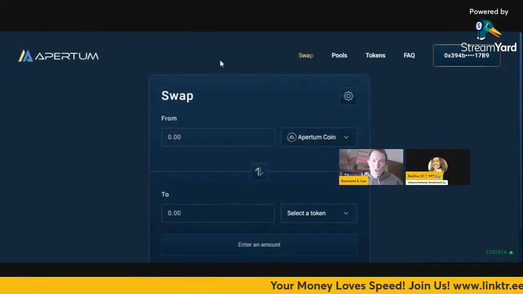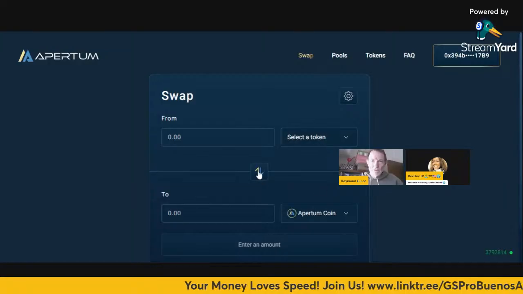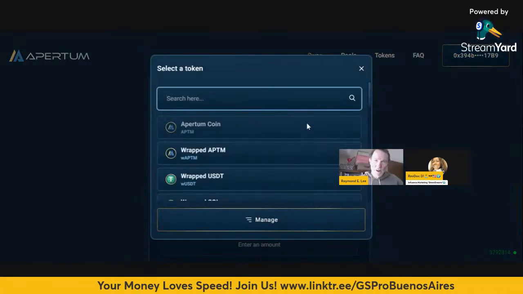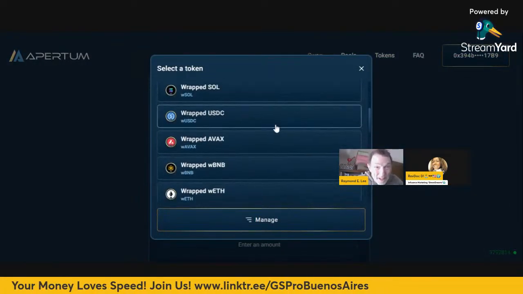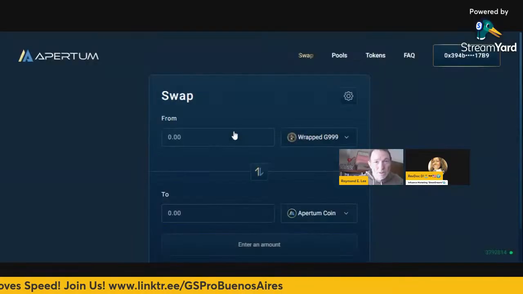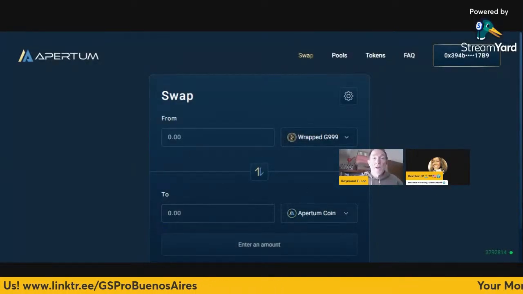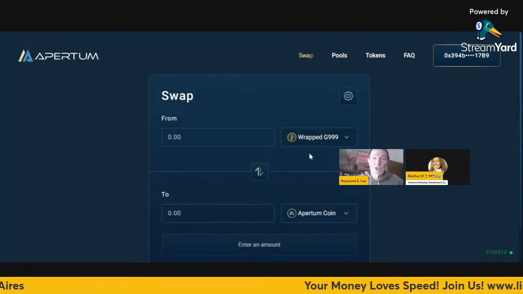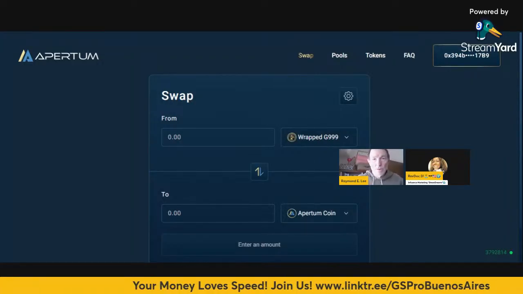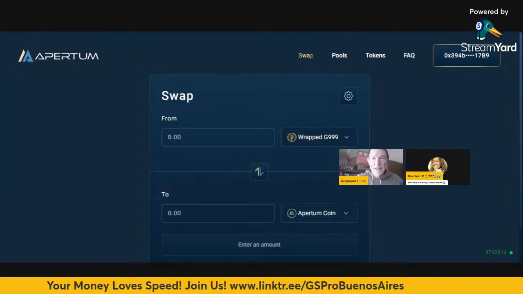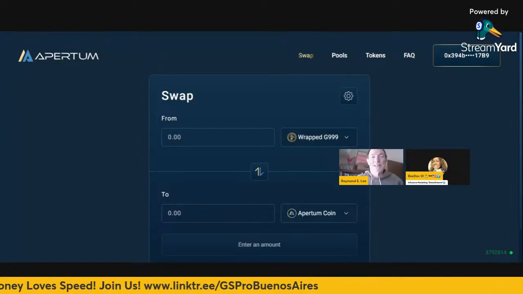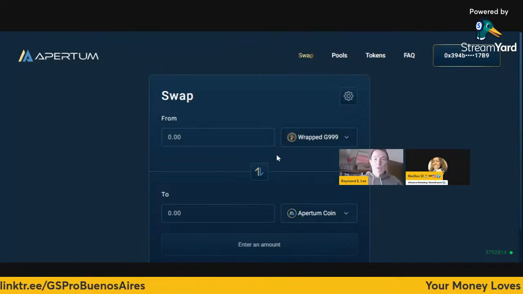And in version 2, we have a different set of tokens available in here, including this wrapped G999. Now, the reason that we have a second DEX in here is because of this project. This G999 was a gas token for another project, another ecosystem, which is being migrated. So the fact that it's not able to be